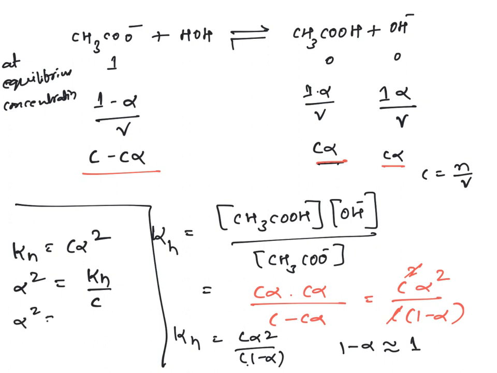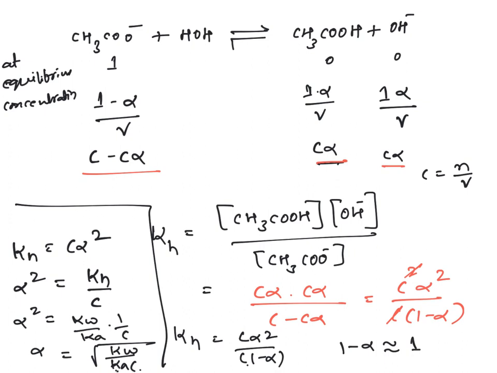Alpha square equal to... and in the previous slide we have discussed the Kh, Ka, Kw relationship. So instead of Kh I can write Kw by Ka, 1 by C. So alpha equal to under root Kw by Ka C. So it is a relationship between the ionic product of water and the acid dissociation constant, and C is the concentration of the